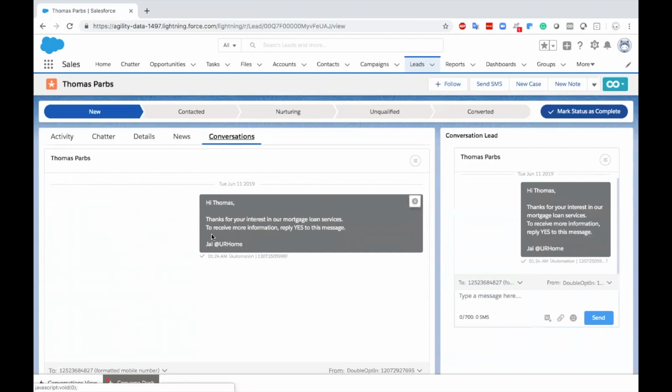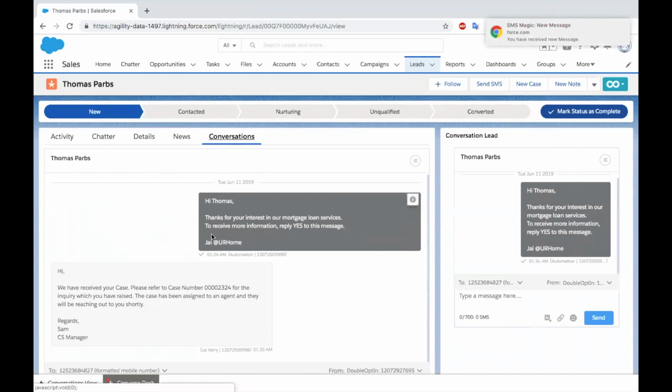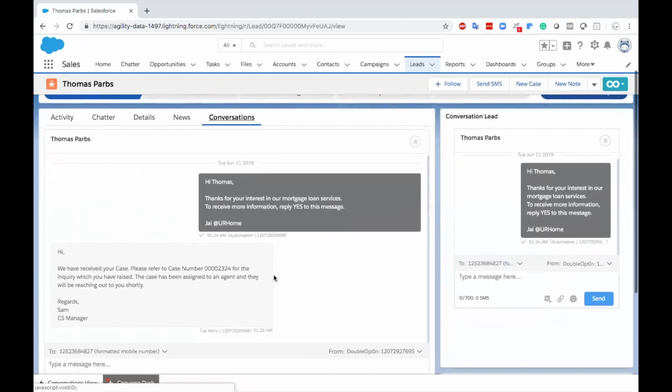Along with that, we also have the capability to trigger text messages based on the requirements. We would be able to trigger text messages if we want to create cases, contacts, leads, accounts; any type of automation can be easily set up with the help of SMS Magic. Now, as you can see, we have received an automated notification, so we can have incoming text messages automatically come back to us. We can have our customers respond back to us on an incoming SMS. On the basis of these incoming responses, we can also trigger text messages based on the customer requirements.